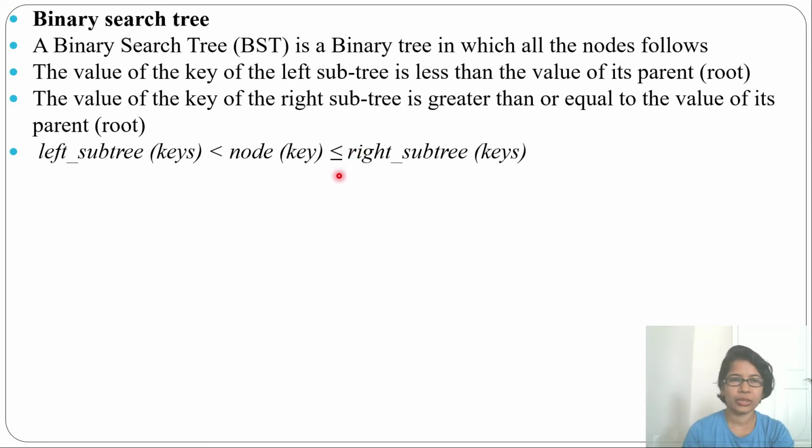Actually in some books you will find there are two types, like left bias, right bias. Left bias means here it will be less than or equal to, right bias means here it will be greater than or equal to, but by default it is right bias. So I'm just explaining this. When you traverse in order, you will get a sorted list.